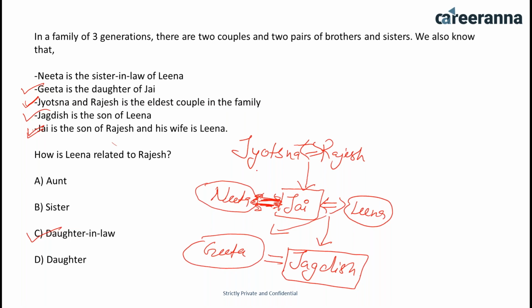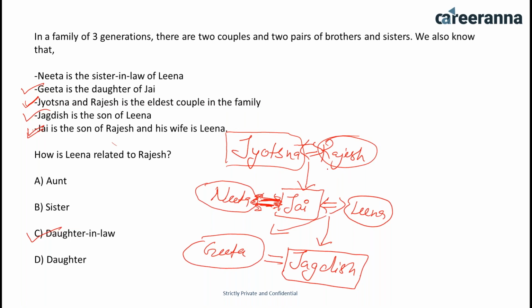So if you see, mostly students gave the answer father. See, Jyotsna and Rajesh are the couple, but it is not given in the question that Jyotsna is the female or Rajesh is the male, or Rajesh is the female or Jyotsna is the male. That's why mostly students just assumed that Rajesh is the name of a male member. So you said that he is the father and Jyotsna is a female. But if I say that Jyotsna is the male and Rajesh is the female, then your answer is going to be wrong.